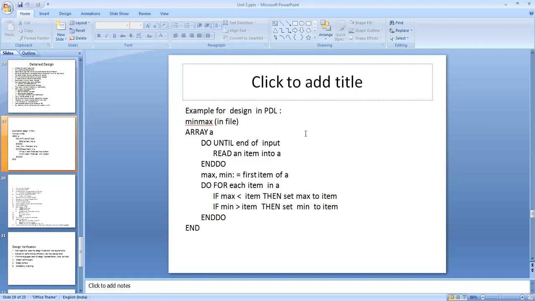With PDL, a design can be expressed in whatever level of detail is suitable for the problem. One way to use PDL is to generate a rough outline of the entire solution at a given level of detail.